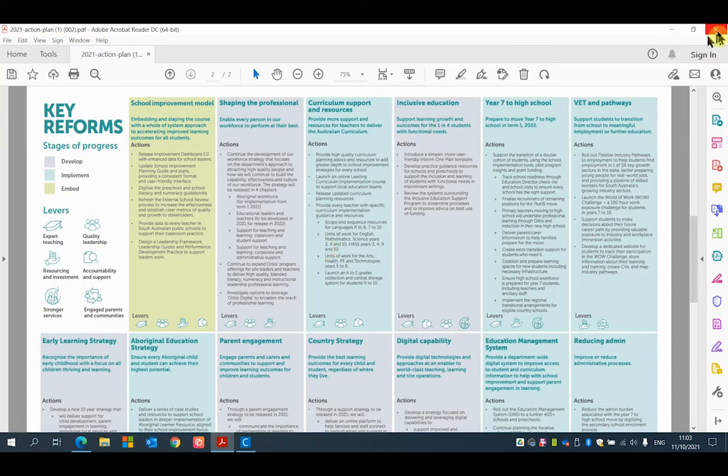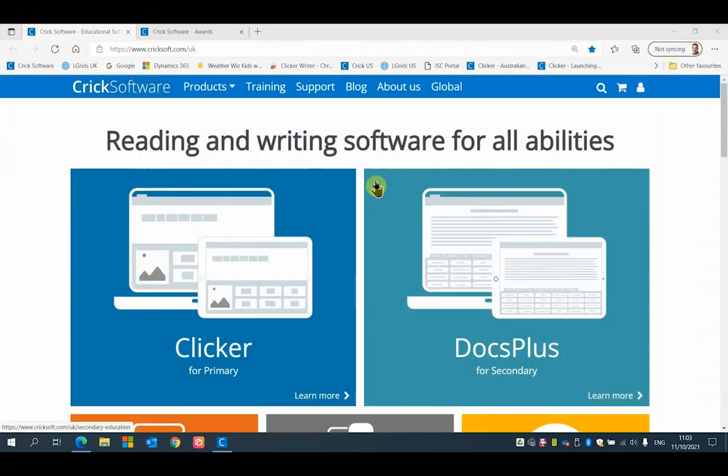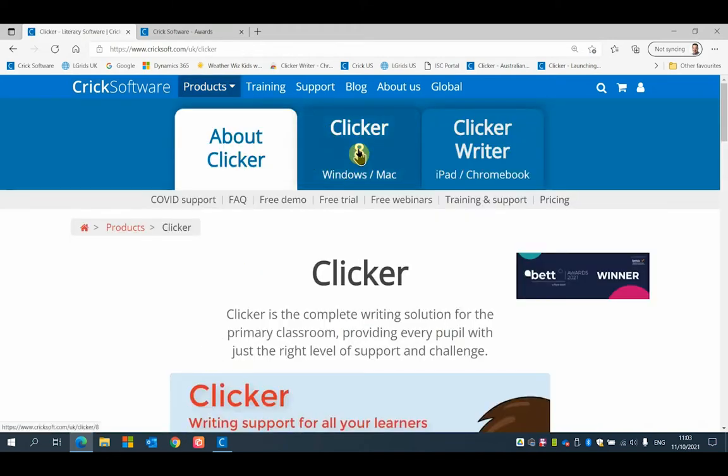So what I'm going to do is have a quick look at some information on our website about Clicker, and then we're going to give you a very short overview demonstration. So first of all, if we go to the Clicker page here, there's lots of information on Clicker on this page, and that's split into Clicker 8, which works on Windows and Mac computers, and Clicker Writer, which is the